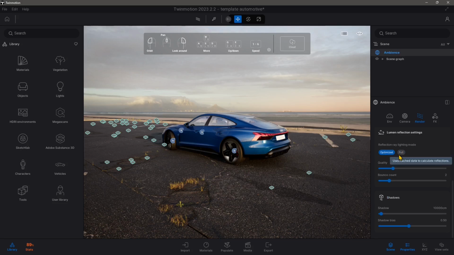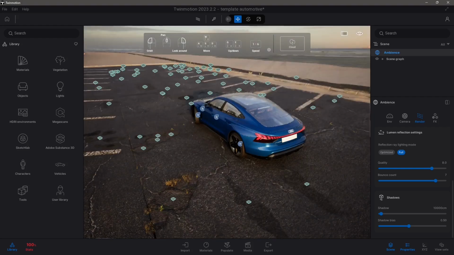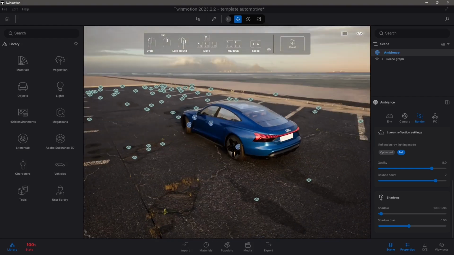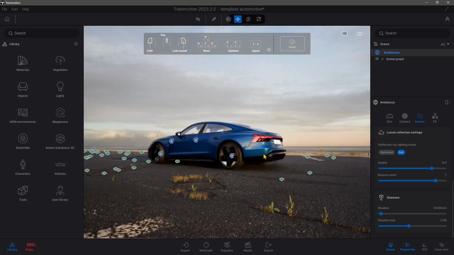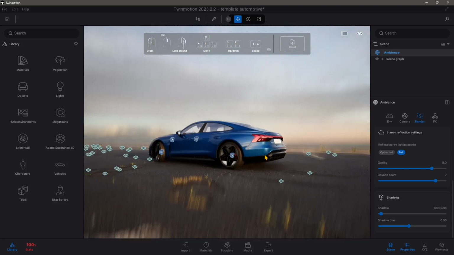And then you can also optimize or use the full power of Lumen and increase the quality, increase the bouncing of the global illumination. But as we start to increase, we're going to start to see some lagging. We're going to start to see some slow motion of the 3D viewport. Well, that's up to you. It's up to your graphic card actually. If you have a strong graphic card, you're probably going to experience this with